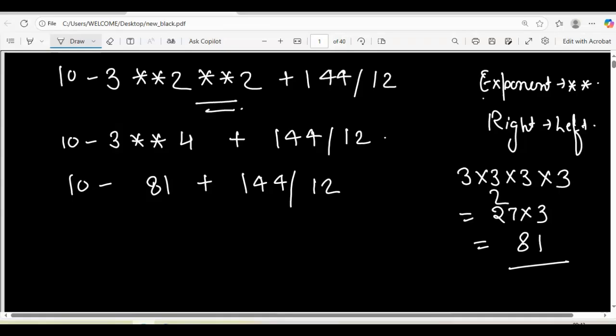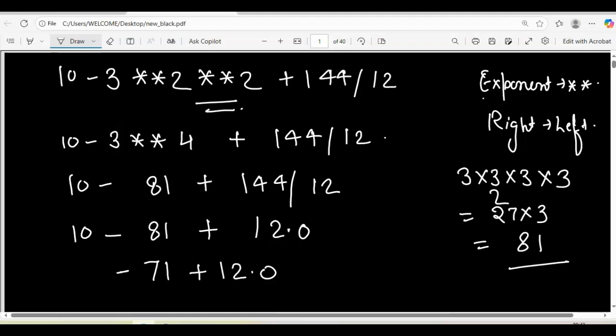Then we have the division, which has the next highest precedence. 144 divided by 12 is 12, but you will get the answer in decimal. So it is 12.0. Now we have here minus 81 plus 12.0.